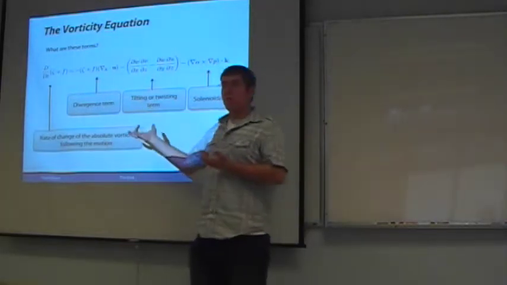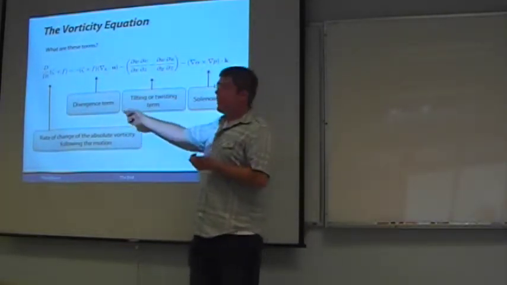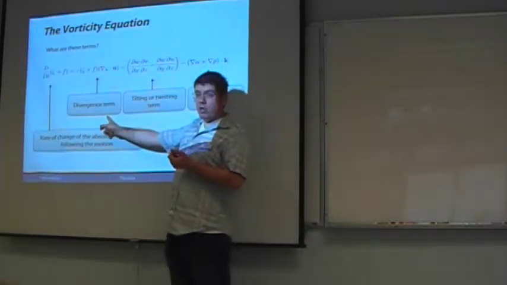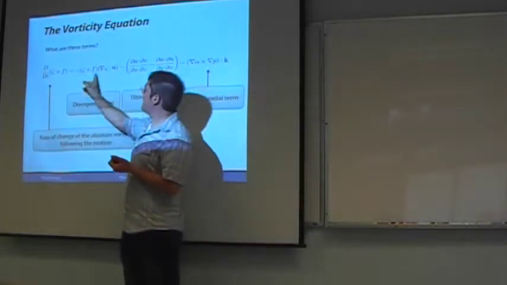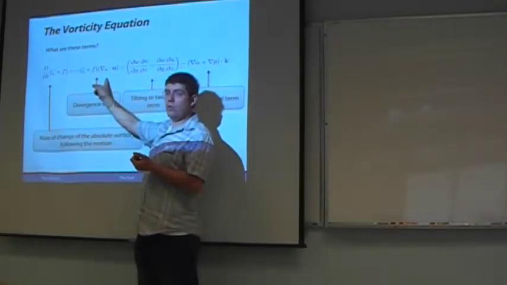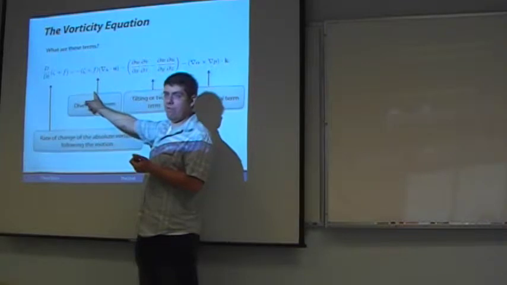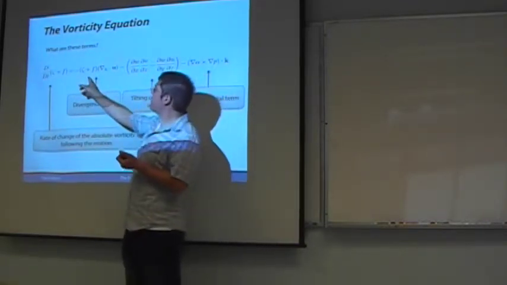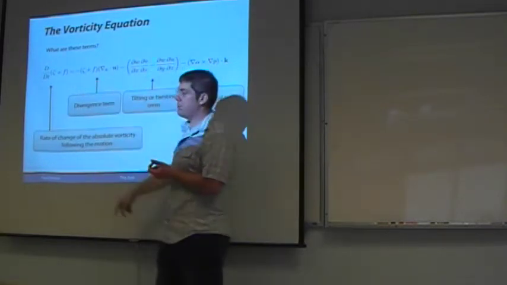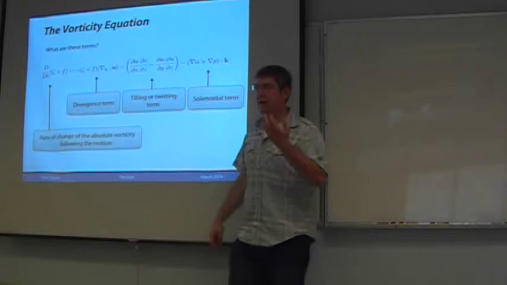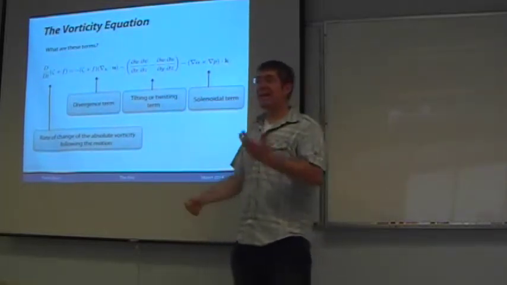When we took the curl of the momentum equations, we found that 3 terms popped out from this expansion. The divergence term, which is equal to minus absolute vorticity times the divergence of the velocity field. Note this is the divergence of the velocity field, not the divergence of the vorticity. This is divergence times absolute vorticity, and that basically gave us an influence on angular velocity